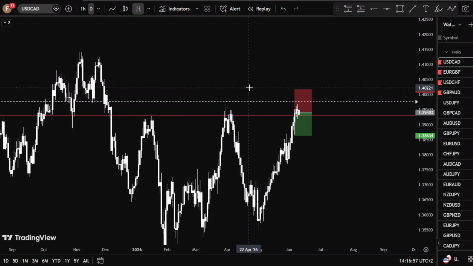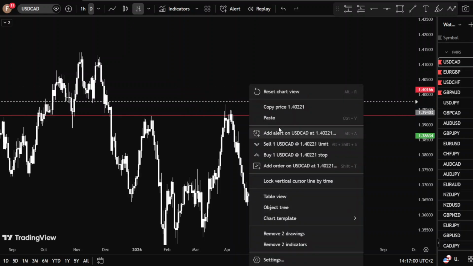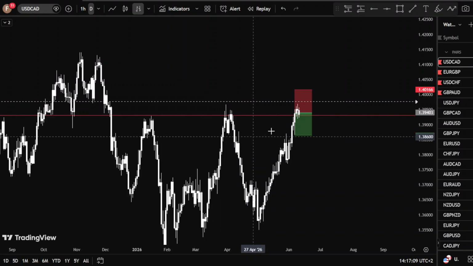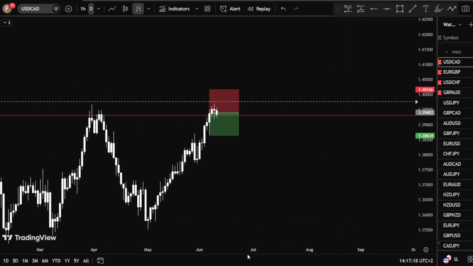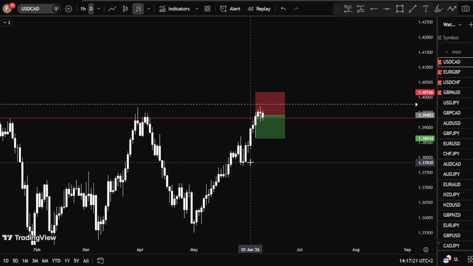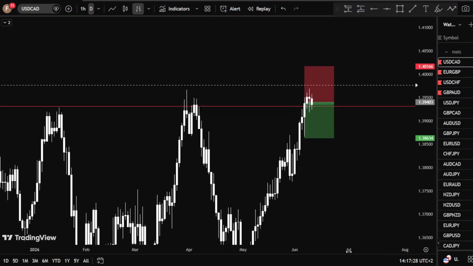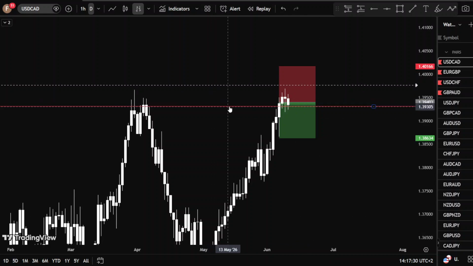You just right click and click add alert, and you basically connect it to your phone and then you create an alert. I'm not going to do that now, but you basically place an alert on the red line or a little bit before, and all of these candles represent 1 day. So when price, and only when price